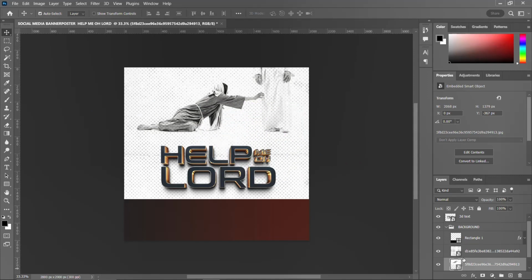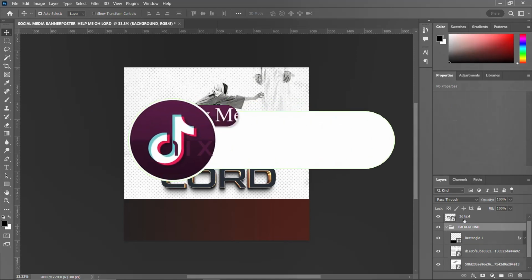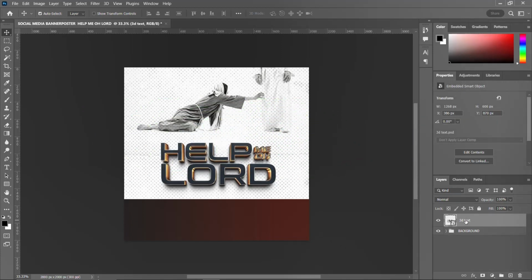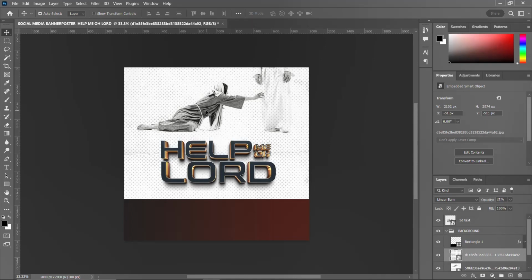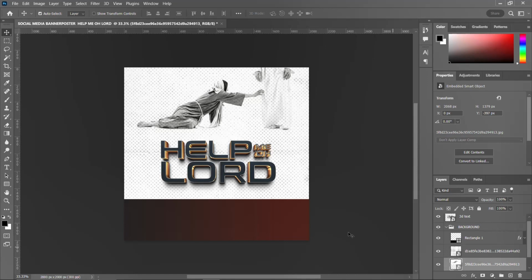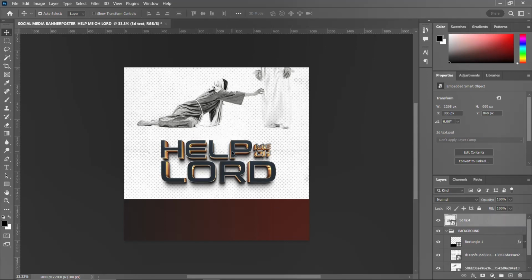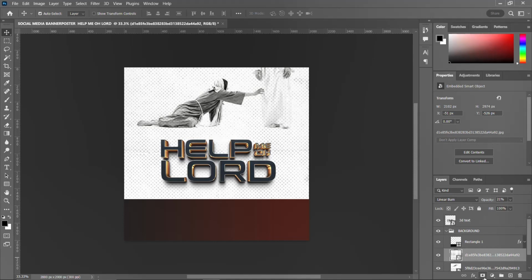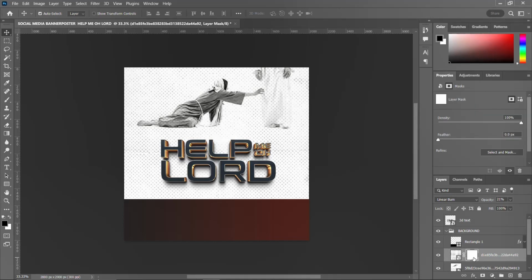It's okay. Then close it and push this up a bit. Better still, the image must go up. Good. And then the 3D text must go up too. Oh no, it's too high. Better. Now with this, create a layer mask, click on the thumbnail and press B on the keyboard,